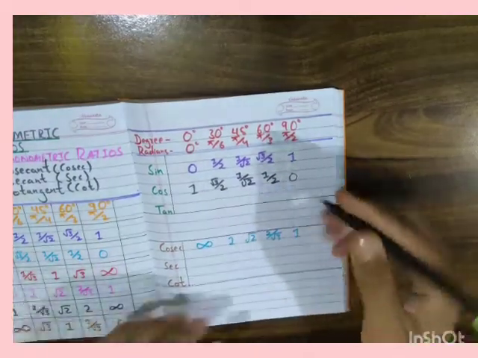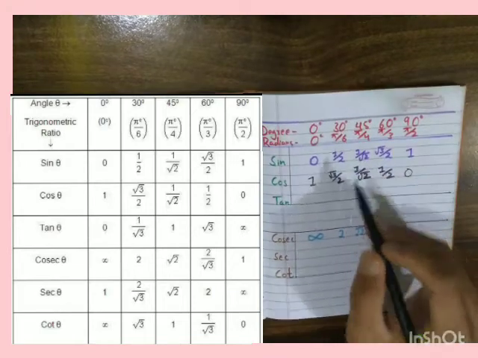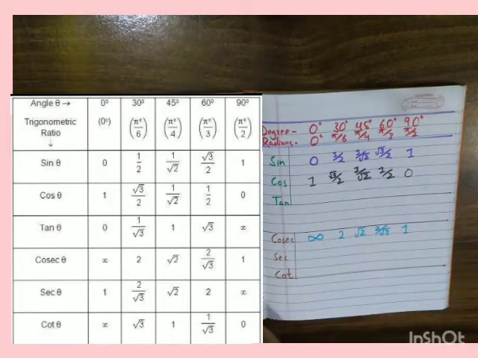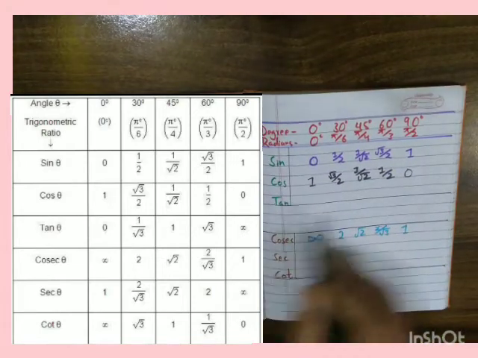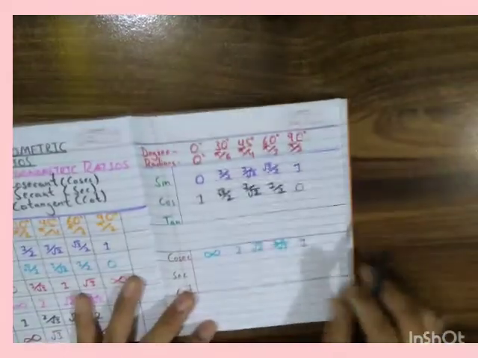If you want to make sure it is correct, you can check it here. For cos 0 degree we have 1, cos 30 degree root 3 by 2, cos 45 degree 1 upon root 2, cos 60 degree 1 upon 2, cos 90 degree 0. Here, as you can see, it works. So the next step is